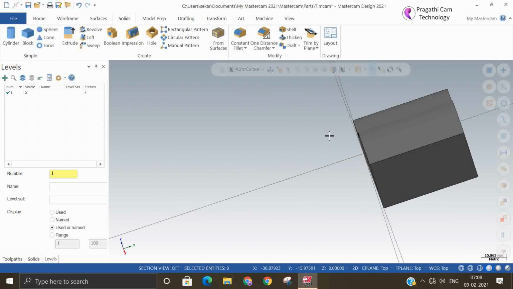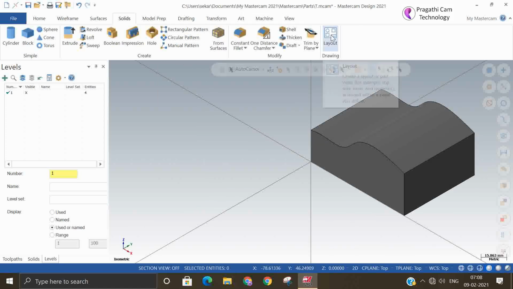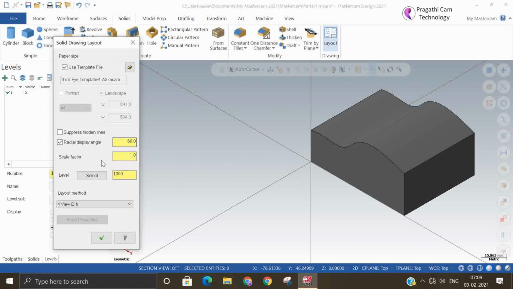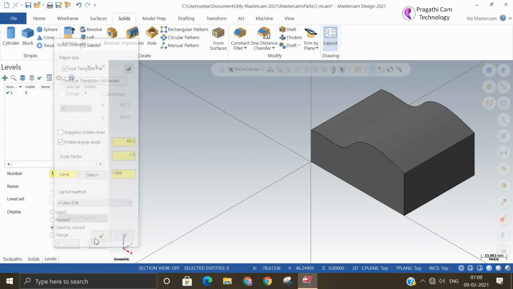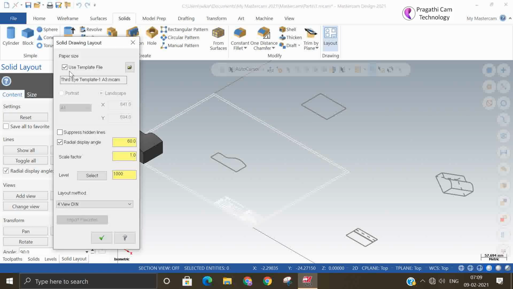So drafting we have already seen. With this we have completed the solid modeling. I have already done the drafting. If you want, we can make a simple one. The sheet size you can reset.